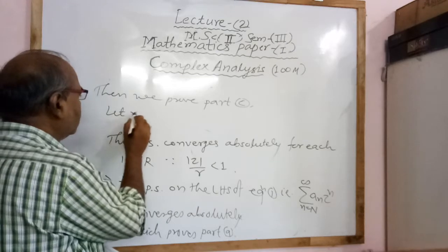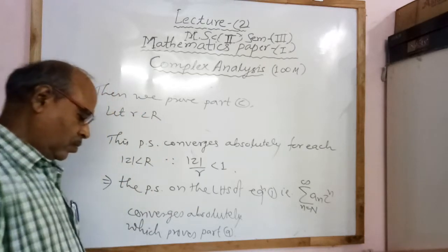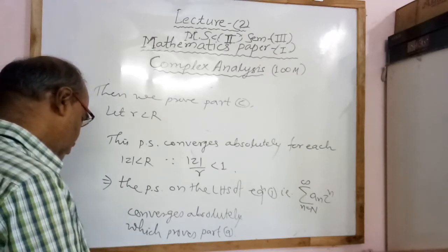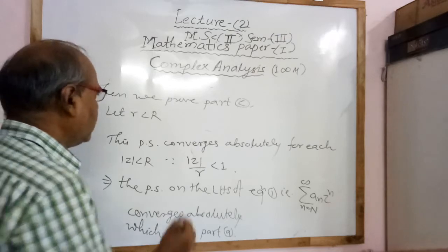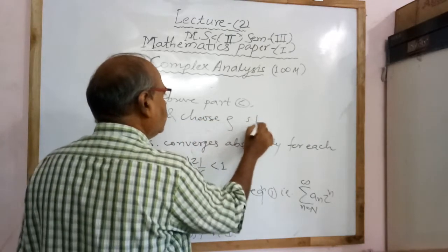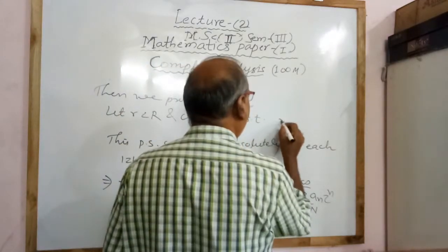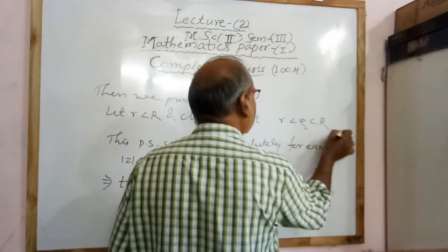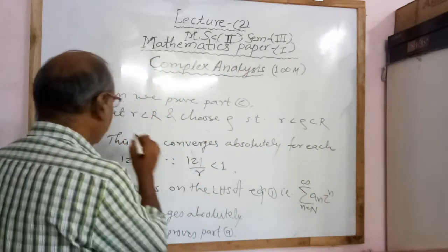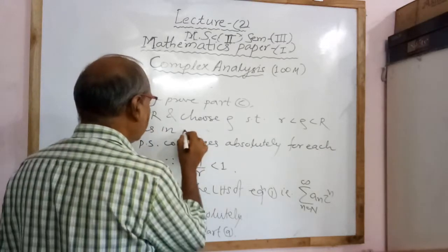Let small r be less than capital R, and we choose rho such that rho lies between small r and capital R. Therefore, as in the previous part A,